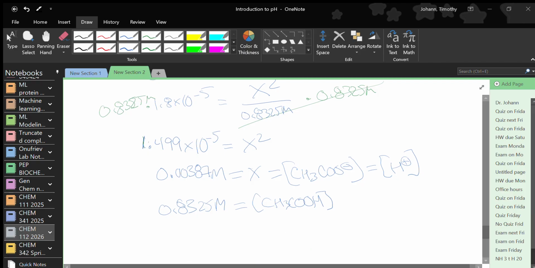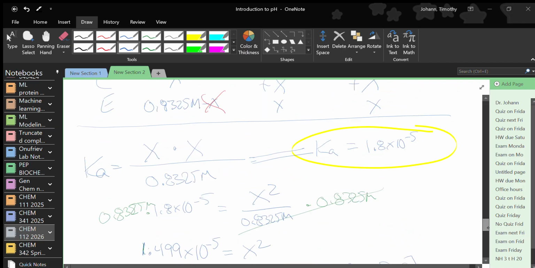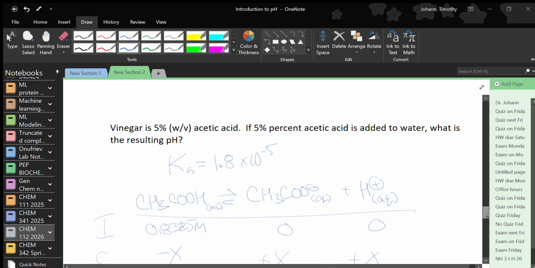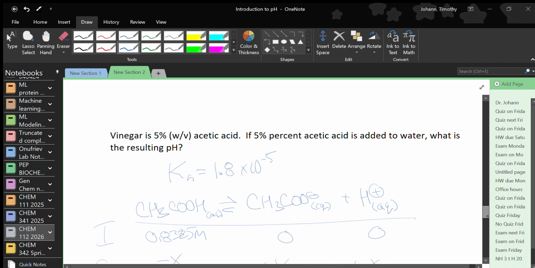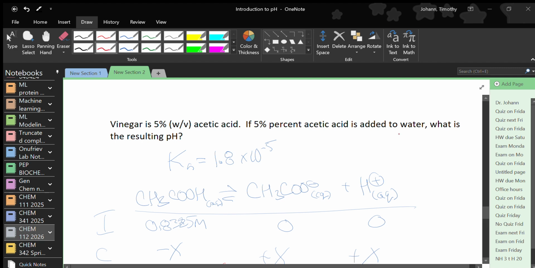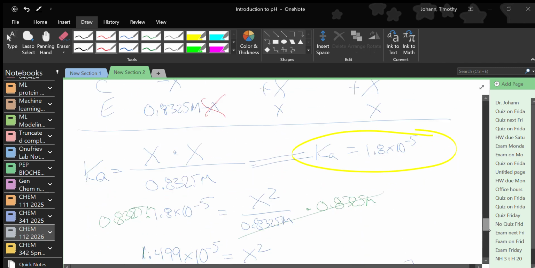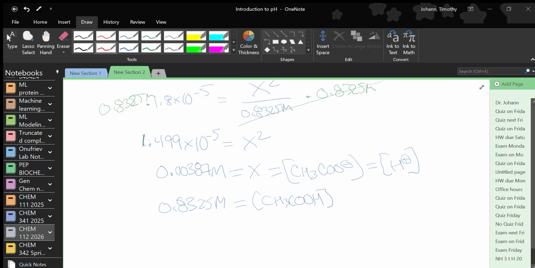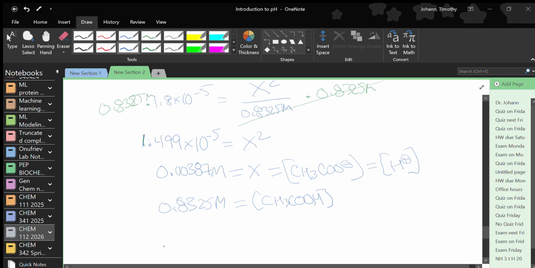All right, final bit here. We've got 3 minutes. You guys may get to leave early, just a little. Okay, but we need to calculate what the question asked for, the pH, right? What is the resulting pH? Right there. Okay, so now we need to figure out the pH. What here do I use to figure out the pH? The H plus concentration, right? Our pH is equal to the negative log of our H plus concentration, which is negative log of